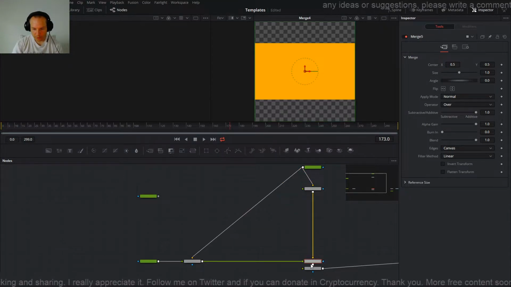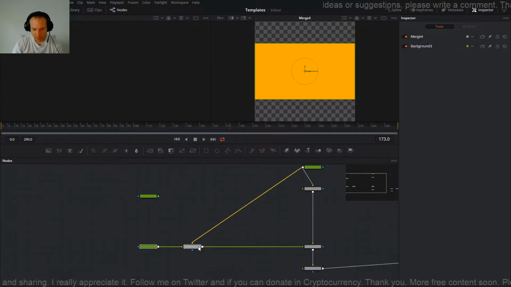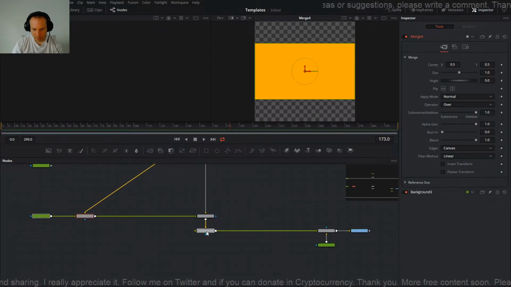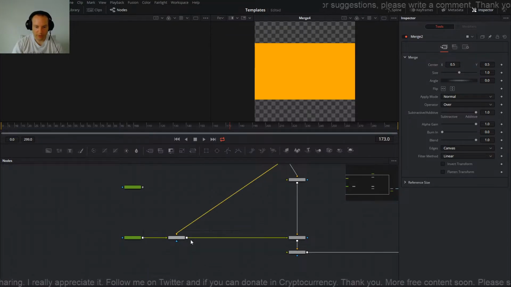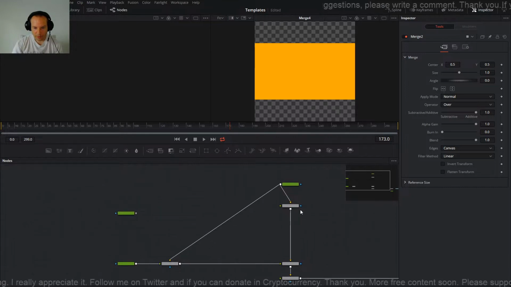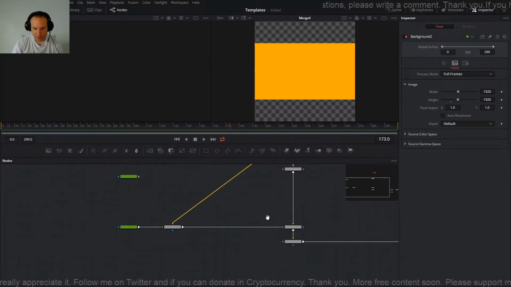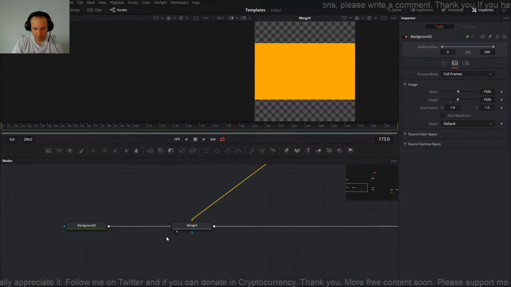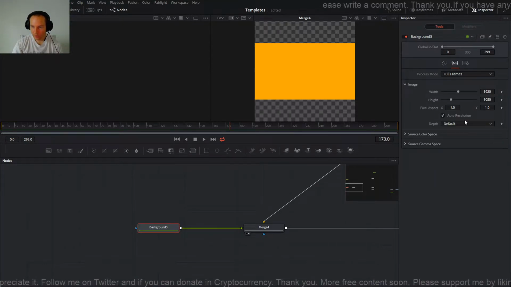Connect like this, and hit above. Okay, that will be for the line, and this take above like this, and this background will be... Okay, line will be